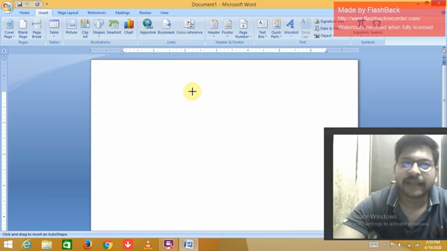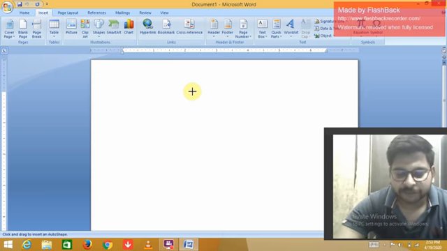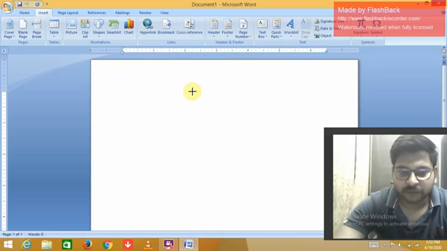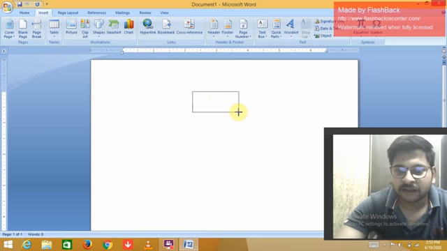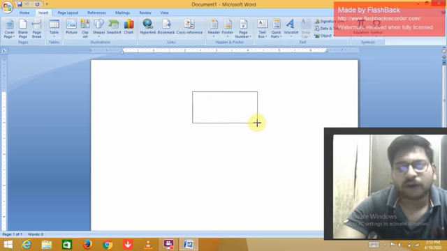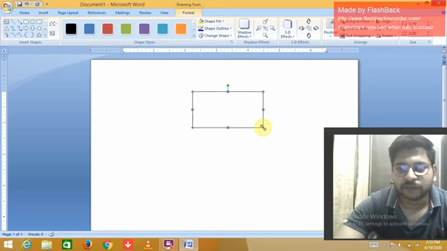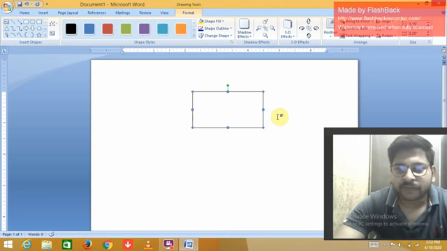Like in Paint, when you hold the left mouse button and drag the mouse, you can see the rectangle is ready to be made. You can choose the size you want. I think this size is okay, and release the mouse button. As you can see, your rectangle shape has been drawn.